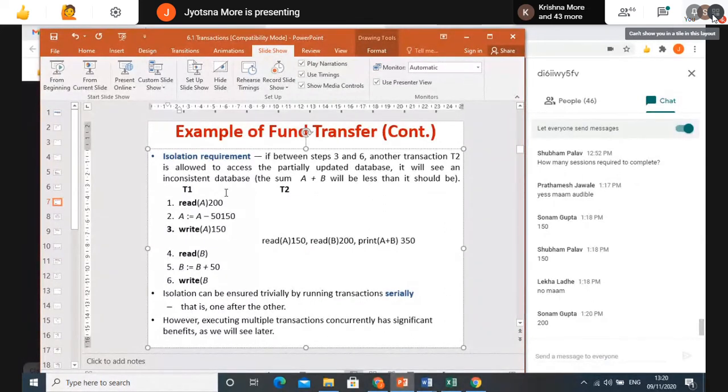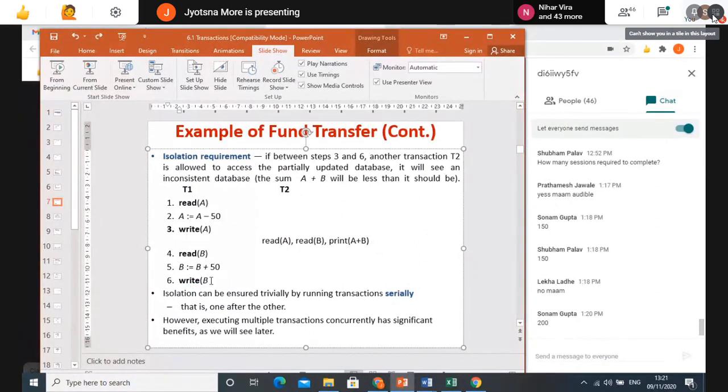Initial values were 200 plus 200, so that is 400, and right now it is getting 350 because it started in between, before the transaction completed, right? So let one transaction get executed completely. T1 should not share the data with T2 till it finishes execution properly. Once it is completed, only then should it allow sharing the data with other transactions. Okay, so that is the problem. Your one transaction should work in isolation. Okay, so that has to happen.